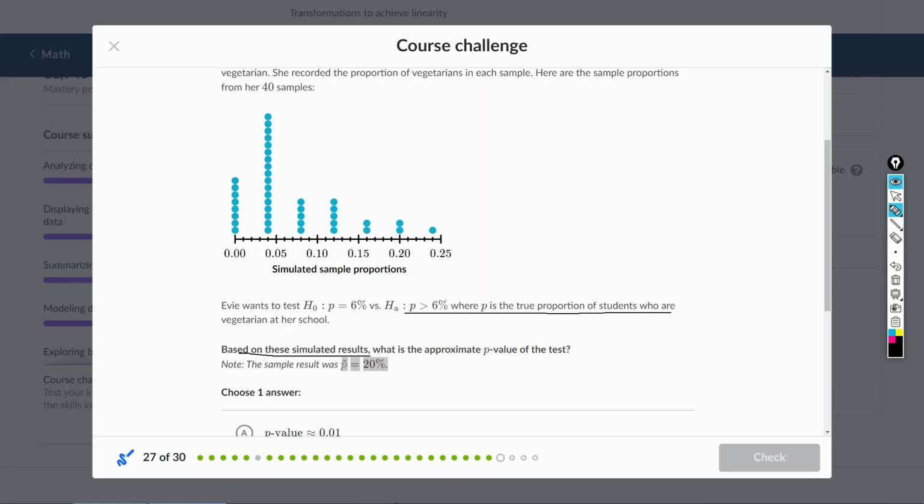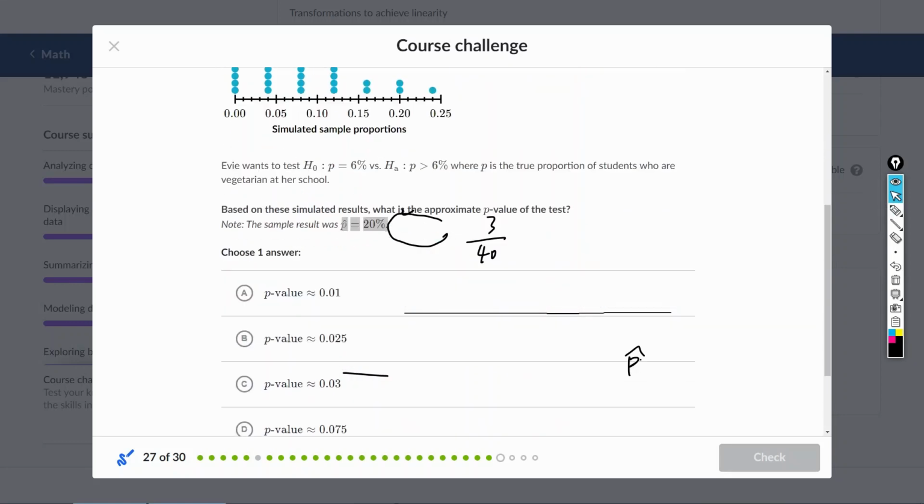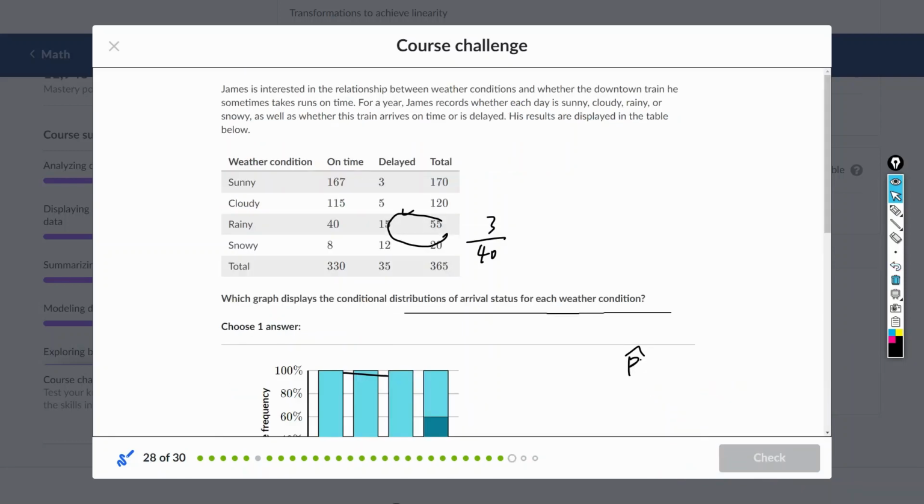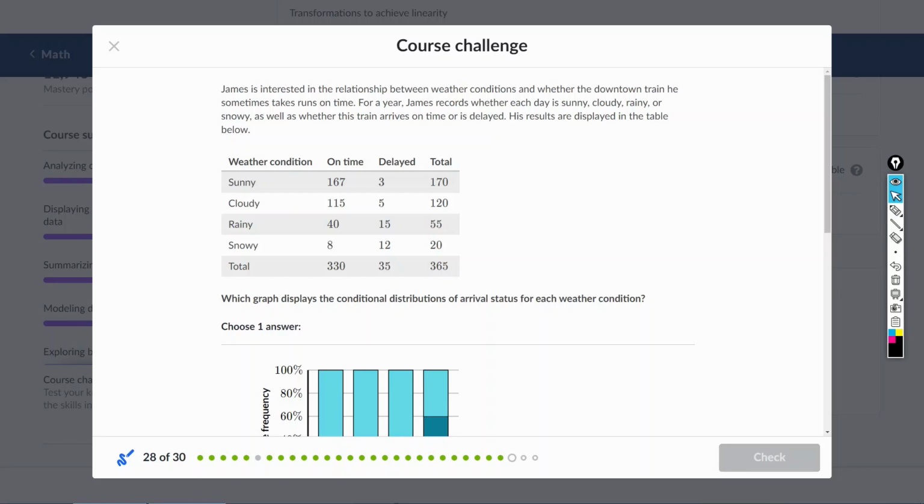Based on this simulation, what's the appropriate p-value for the test? 这个 p hat 是20%，就相当于20%或者大于20%发生的可能性，那我们应该看这个，大于等于20%的有3个，然后总共有40个 trial，那么应该是3除以40，会算到0.075，那么应该是这个。